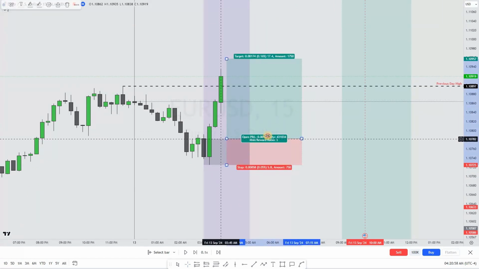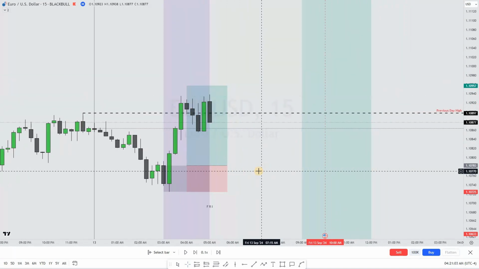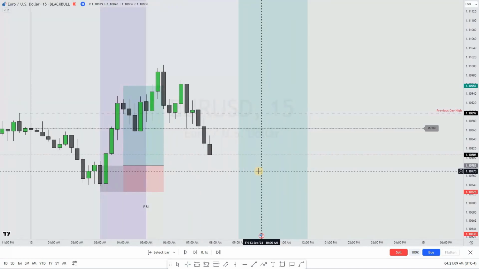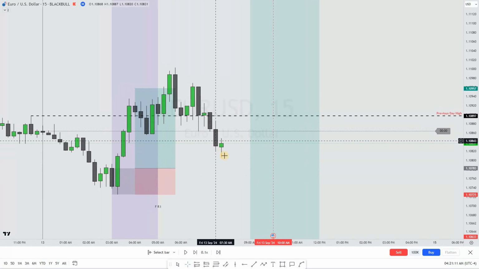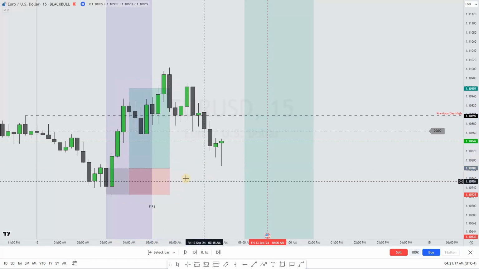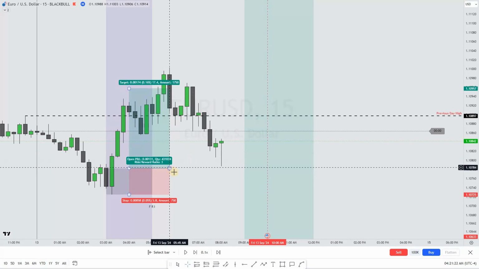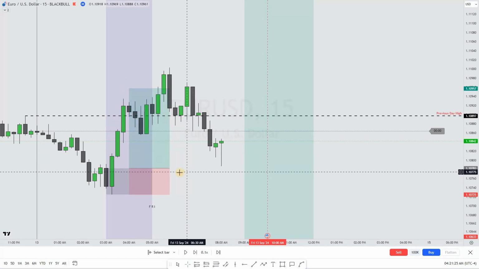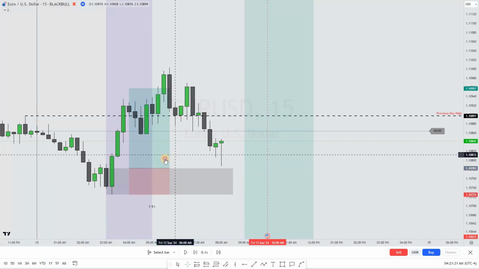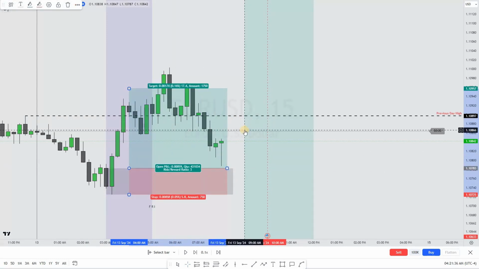And this would have been a trade that I would have been interested in taking, but as you can see, price did not come in. It continued to move all the way up. At this point, I closed the trade simply because, again, it's Friday. Even though under normal circumstances, the rules that I have, as long as this level is triggered prior to 9 a.m., it's a valid trade.